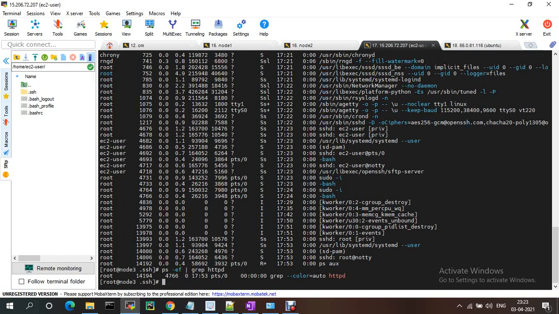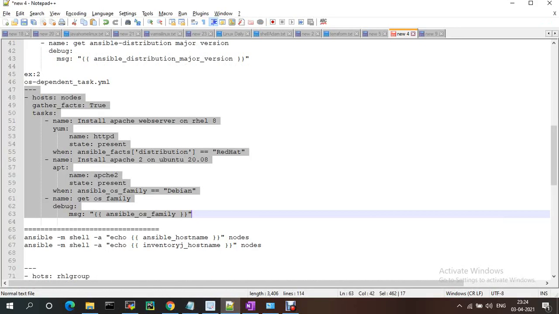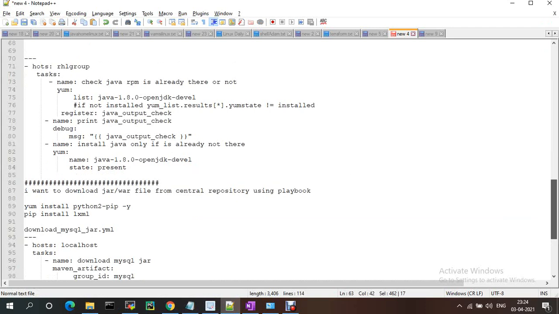That's why it is not running. That's why it is not running successfully. I'll show you why it is not installing. It is skipping on this one. Let me check on the playbook.